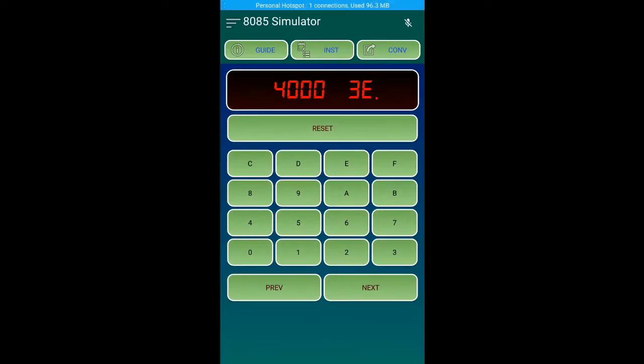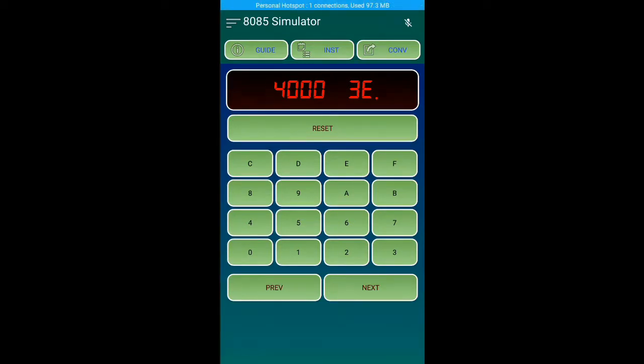So you should always give the next button. When you give that next button, it will get saved. If not, then it won't get saved. So my first process is over. What is my first process? I need to type my code. What is my code? A very simple code. I want to transfer the content FF into the accumulator. That's it, my first task is over. Now I should go for the second task. I need to execute this program.